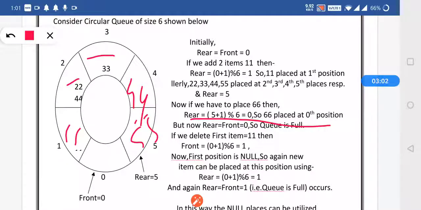So we want to insert the element at the 0th position, but we can see that your queue is full because all the locations are full, means your rear and front is equal to 0, so your queue is full. Now we will be deleting the element, so we will be deleting the element from the front side.